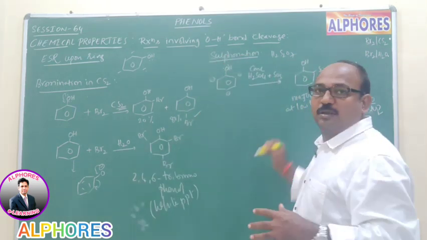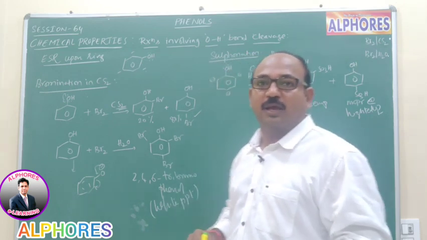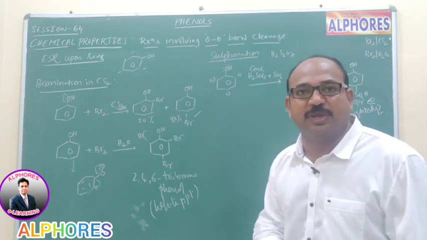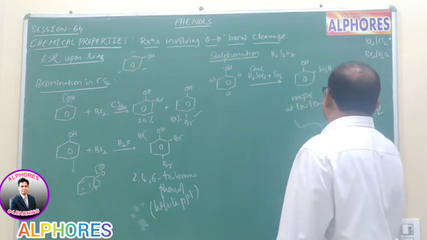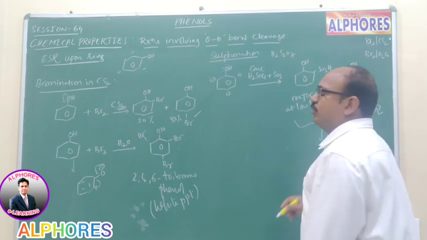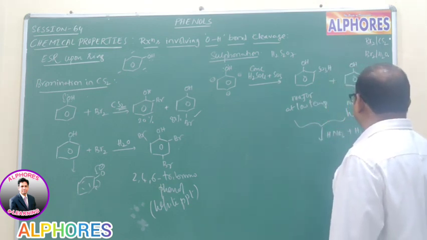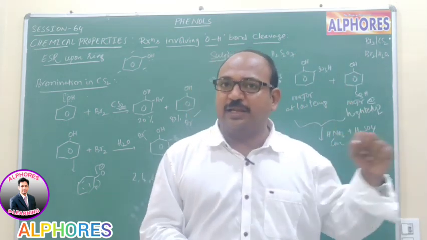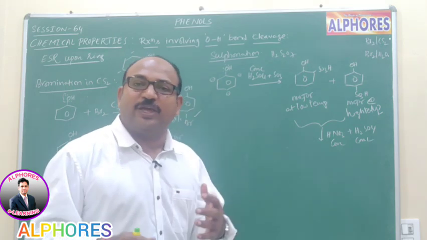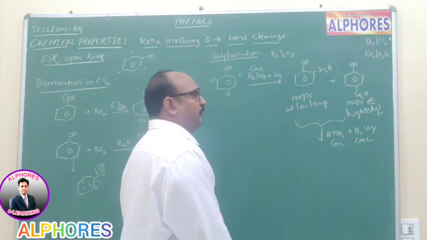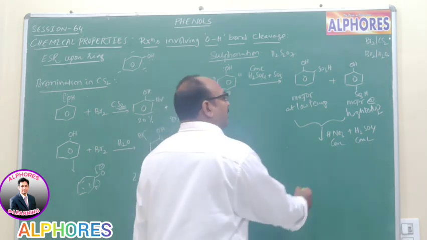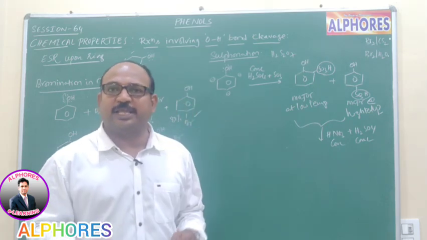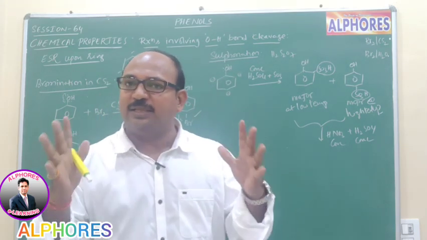Now these ortho and para products, ortho-hydroxybenzene sulfonic acid and para-hydroxybenzene sulfonic acid, both upon nitration with HNO3 and H2SO4, a 1:1 ratio of concentrated nitric acid and concentrated sulfuric acid, undergo nitration. Now can we expect where nitration takes place here? Yes, nitration takes place by displacing the bulky SO3H group.